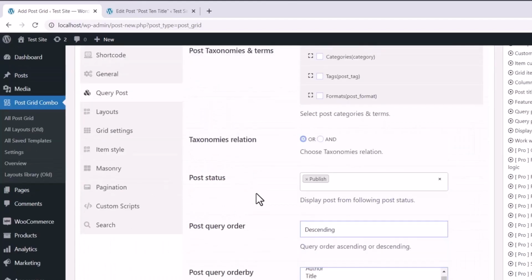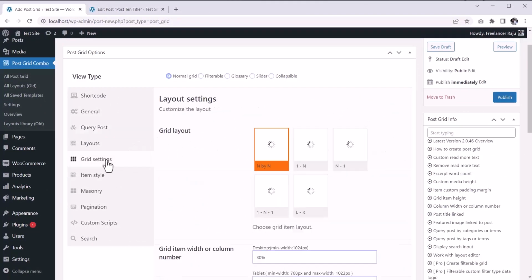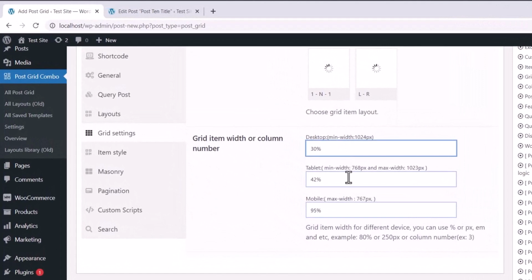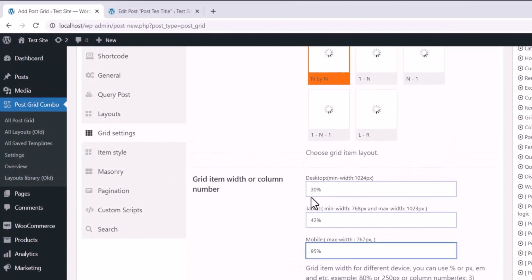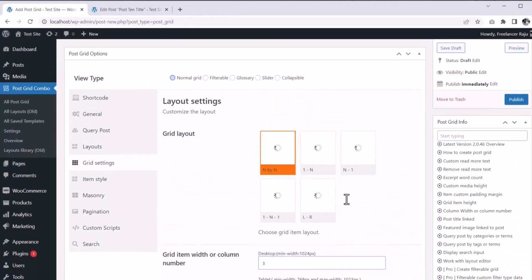So far we have customized some basic query options. To customize the actual grid, go to the grid settings. And here you can set a column number for various devices. Suppose I want to show a 3 columns grid on desktop and 2 columns on tablet and 1 column on mobile. Also, you can set a percentage value instead of the column number. Suppose 30% wide for each column on desktop and 50% for tablet. You get the idea. For now, I am happy with my column number. Okay, let's publish the grid